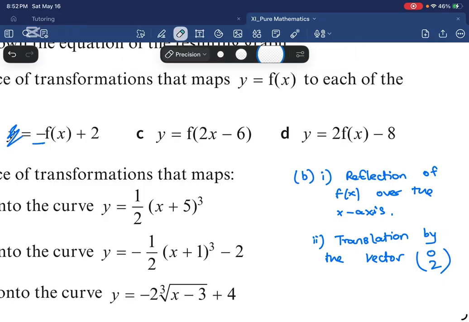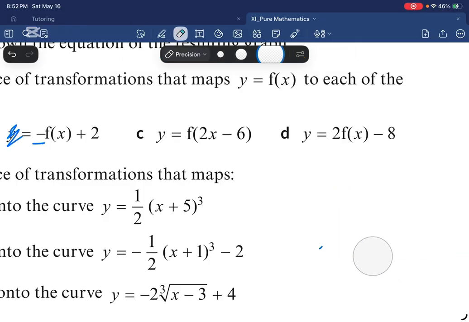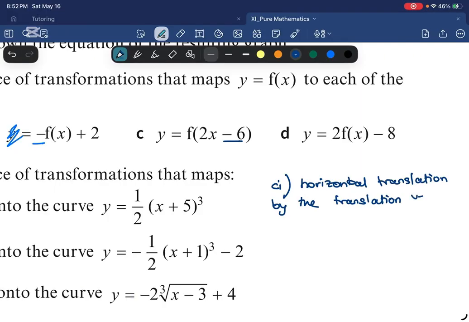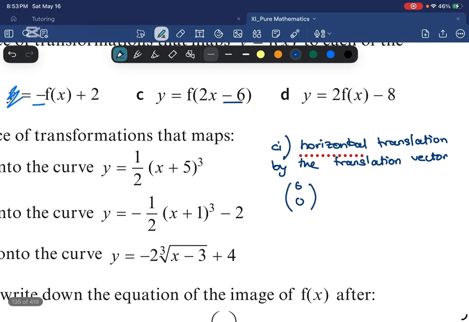For C, now this is the one I told you about. If you factor out a 2, then you want to do the stretch first. Otherwise, you want to do the translation first. So for C, I prefer to do the translation first, x minus 6. So you have a horizontal translation by the translation vector 6, comma 0. Basically, x minus a means a, comma 0, right? And then you have a horizontal stretch